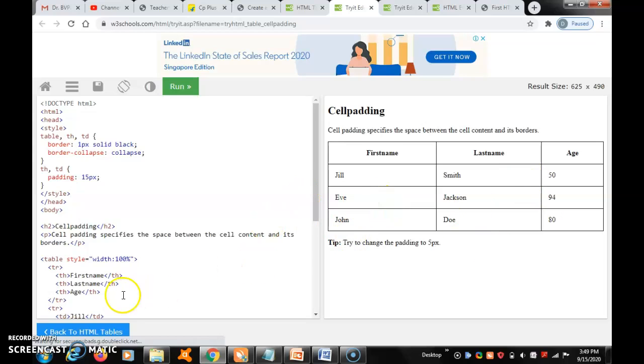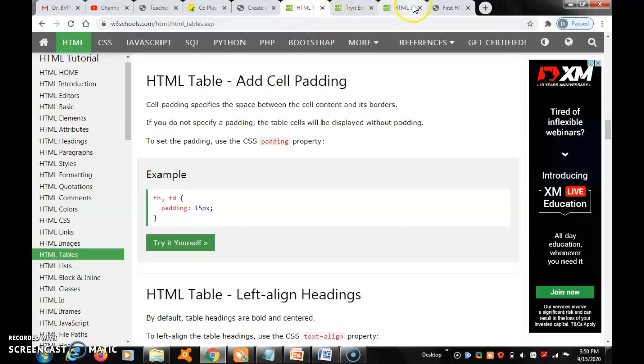Same exercise, different tables: cell padding tables, collapsed tables, solid tables. Likewise the table may differ. Inside the HTML code you can change whatever you want in the table.